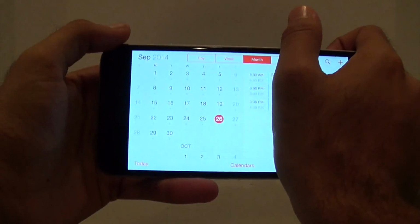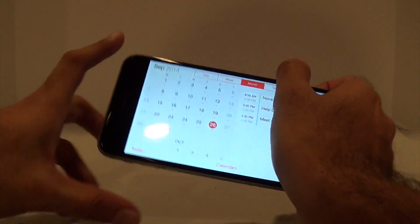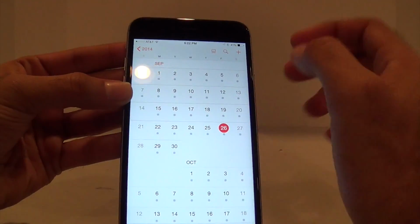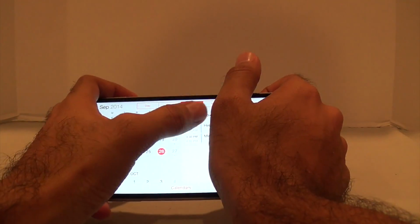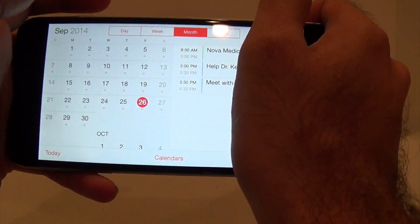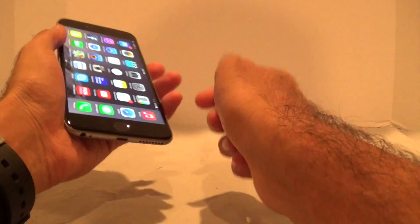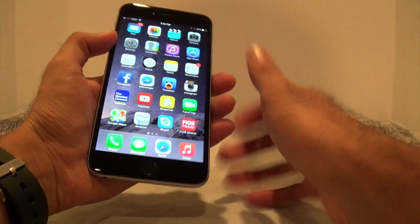Sure. So basically, I'll just cover up part of it. You can have a side view. So you have your normal calendar view right here, right? You can view a single day's worth of stuff or whatever. But you turn it sideways and you actually can see your meetings and everything. It's kind of hard to see. You see your meetings on the right side and the calendar on the left. So basically what I'm trying to say is you have room to do both, like multitask somewhat,